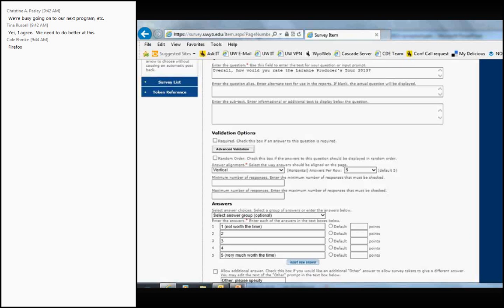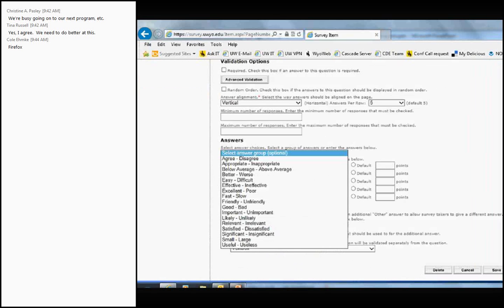So we've got the 1, 2, 3, 4, 5. I could insert a new answer here to expand my list to 6 if I wanted. I would have to rejigger things a little bit. For instance, if I added another line in here, an option of 6, then I would have to copy the text out of line number 5 and move that to line number 6, because line number 5 wouldn't be very much worth the time. I wouldn't want to move that to number 6. So editing a question is pretty straightforward,